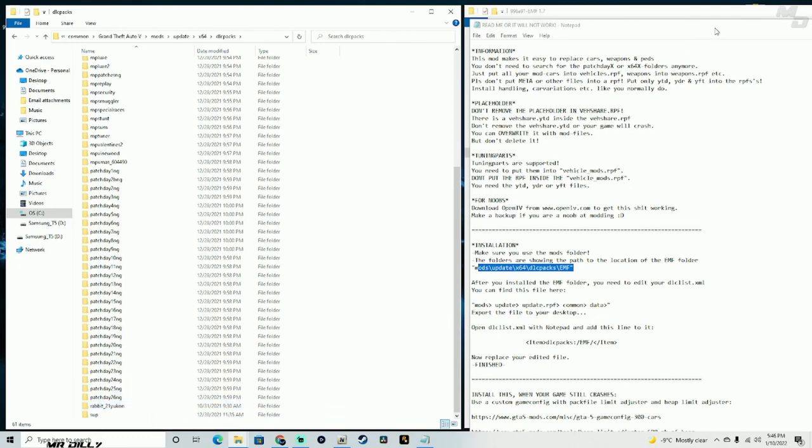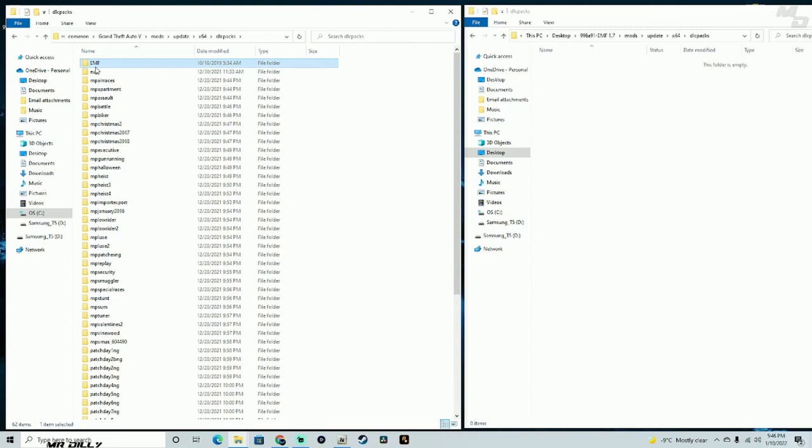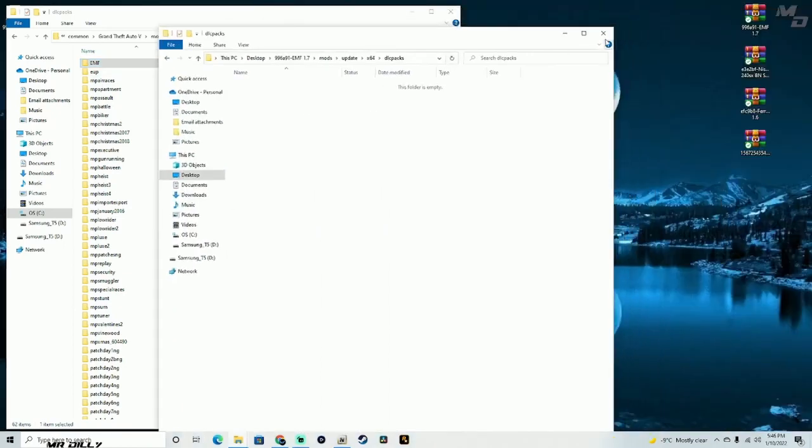Let me close this. Let's open up the mods folder, and then we're gonna open up the update folder, x64. This mods update x64 is actually the pathway to get into this. Let me see what's going on in here. Let's just take this file right here and drop it right here. As you can see, on top our EUP menu is right there. We're not gonna close this just yet because we're gonna need that name to replace onto our